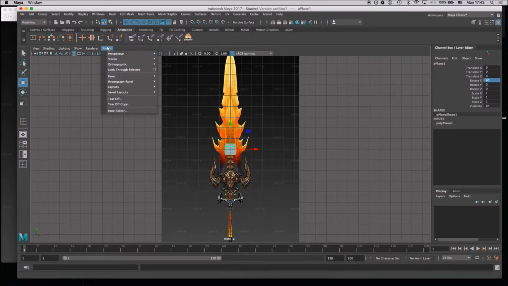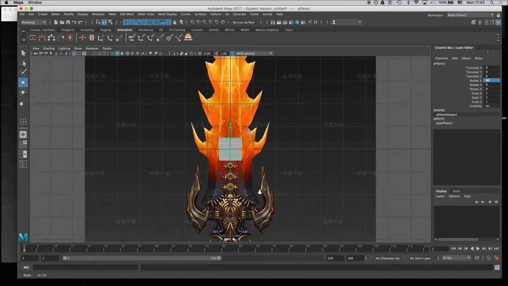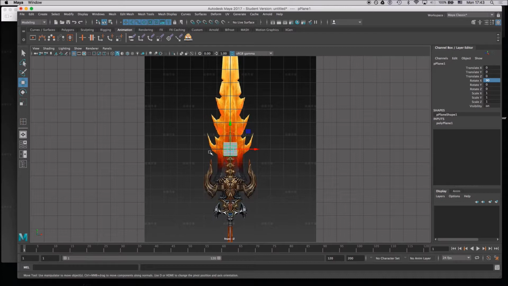Yeah, so if the hotkeys aren't working for you, then go up to panels and you can select your view from here, either orthographic, which is our 2D view, or perspective, which is your 3D view. Sometimes there's an issue like if you want to switch to object mode and edge mode using hotkeys, sometimes that's different on Mac versus PC, and sometimes our Mac is already set to something. So sometimes the hotkeys get a little messed up. So yeah, if in doubt, just use the